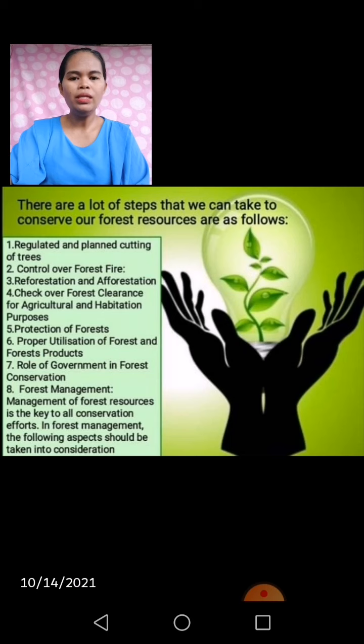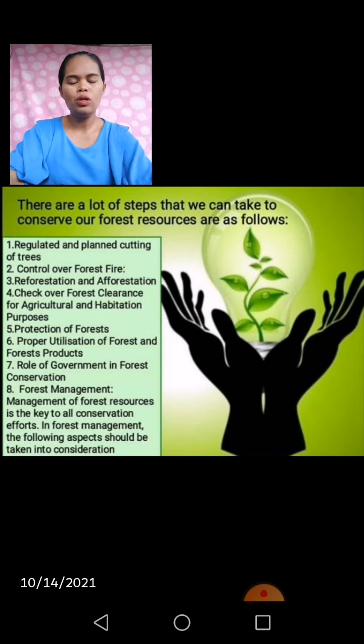One of the main reasons of deforestation is commercial felling of trees. According to an estimate, about 1,600 million cubic meters of wood have been used for various purposes in the world. Although trees are considered as a perennial resource, when exploited on a very large scale, their revival cannot be possible.